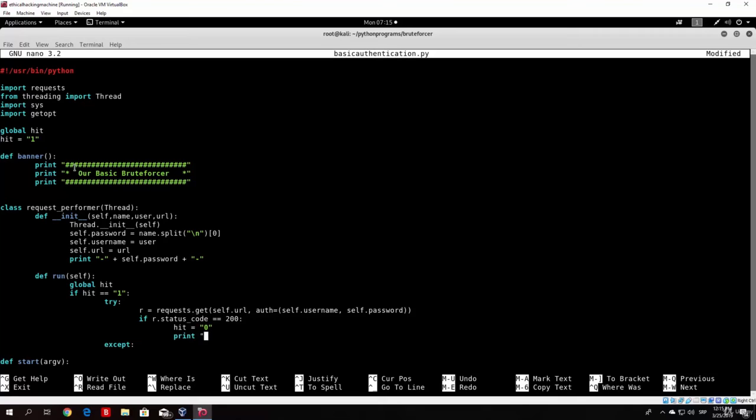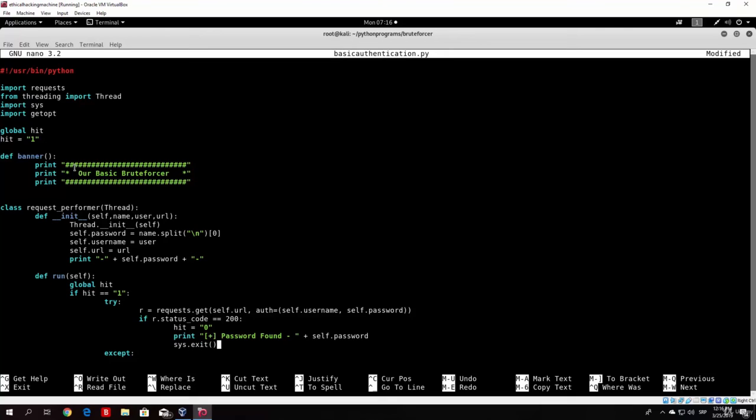So print, plus password found, and then let's add a string to it, which will be the string of our password that we used for this current iteration of this loop. So self.password. This means we successfully found the password,